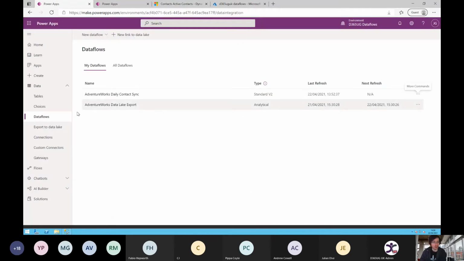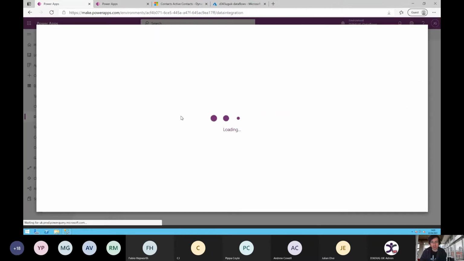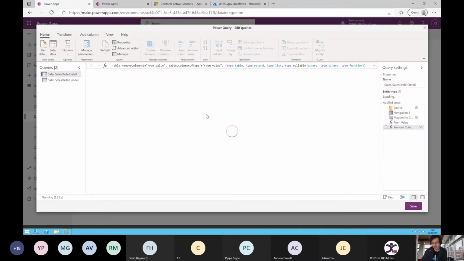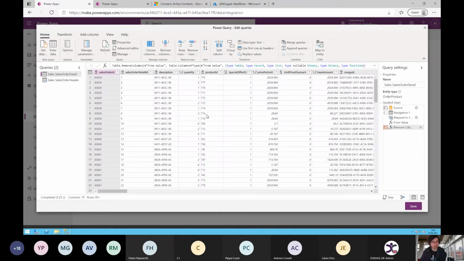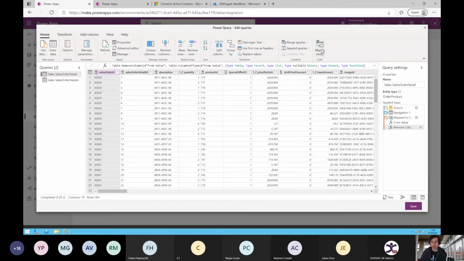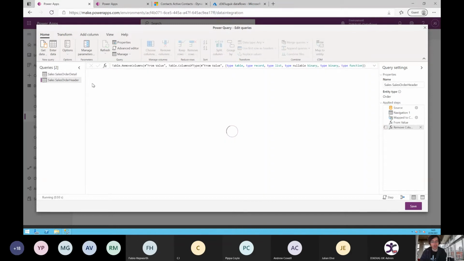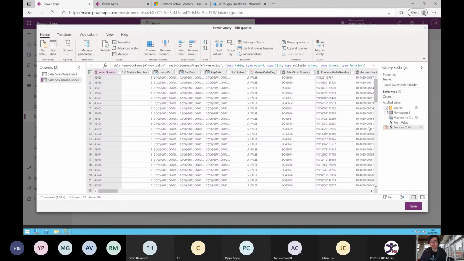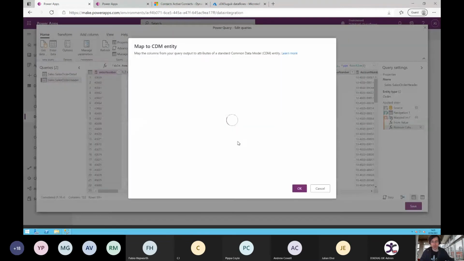Okay, now we mentioned earlier the ability to export out into Data Lake. So if we go into the second data flow that we set up that's doing all of that, we can see that we've got pretty much the same kind of experience. The only key difference is this map to entity option up here. So effectively, for each of the tables that we're bringing in, we've already done it in this case, but if I was to click on the gear icon on this one, we get